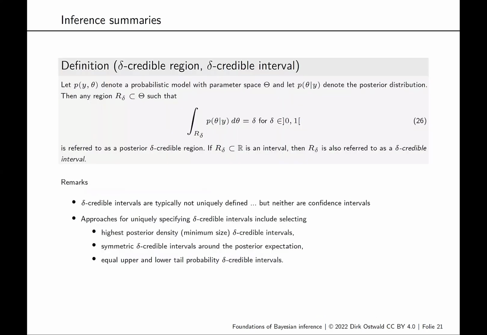One can, of course, also do it differently in terms of saying, okay, I first give a probability, like in confidence intervals, like 95%, and then ask in which interval is my parameter, based on the posterior distribution, with a 95% probability. And if your posterior is Gaussian, then that's always kind of straightforward. So if you have a posterior distribution that's Gaussian, then it's very natural to say, okay, I put my 95% probability